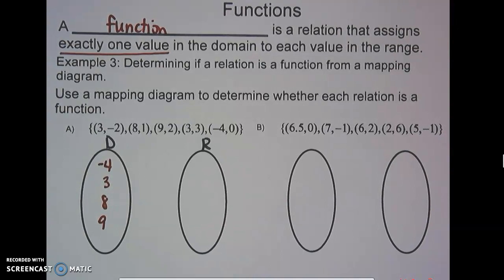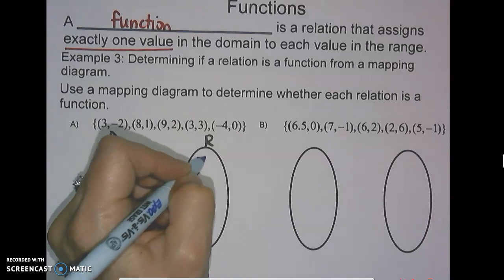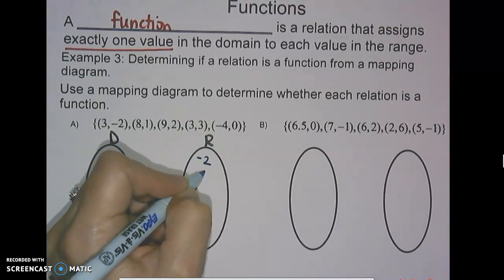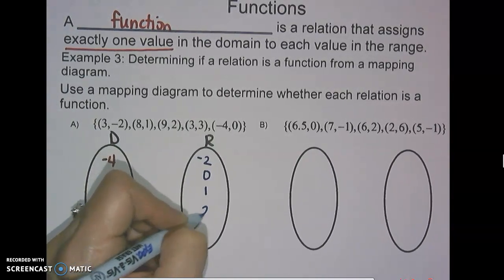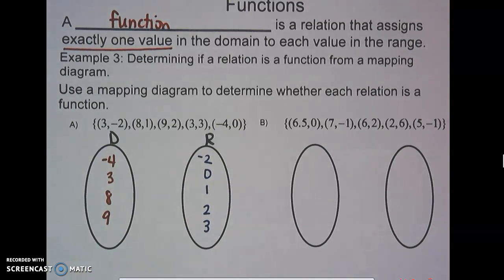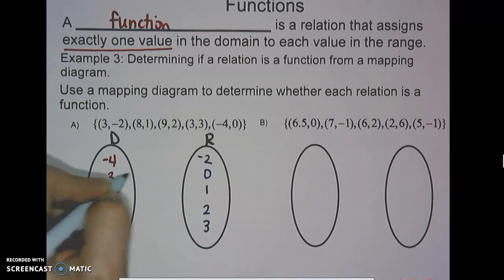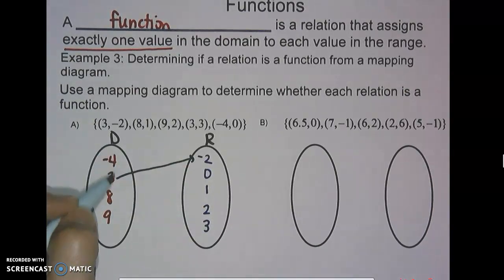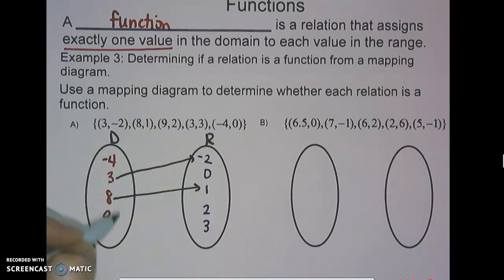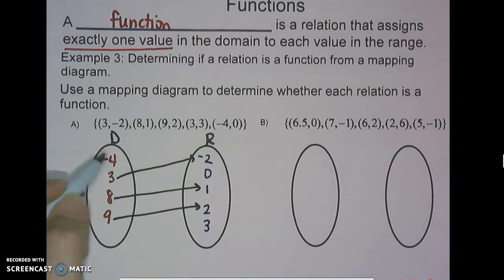Our range, we would have -2, 0, 1, 2, and 3. And then we're going to map those. So 3 maps to -2, 8 maps to 1, 9 maps to +2, 3 maps to 3, and -4 maps